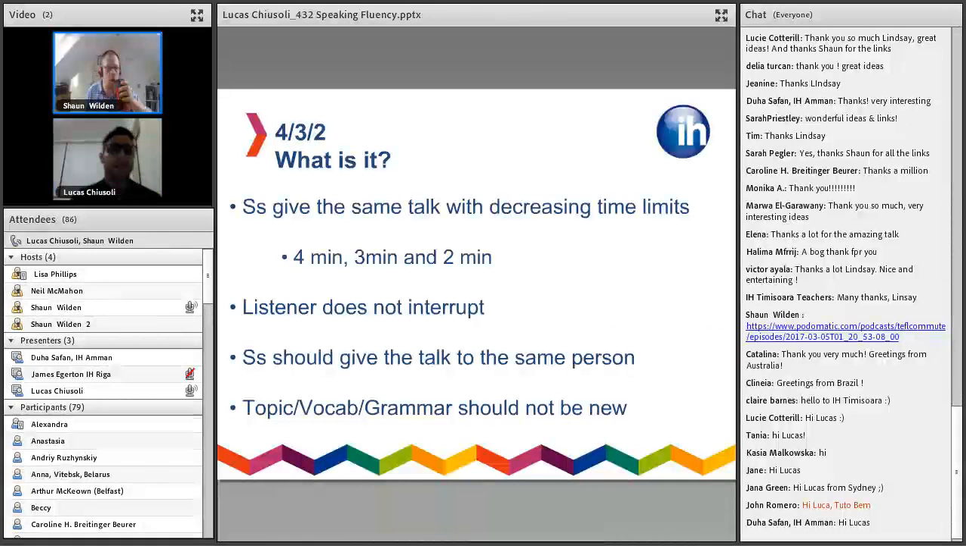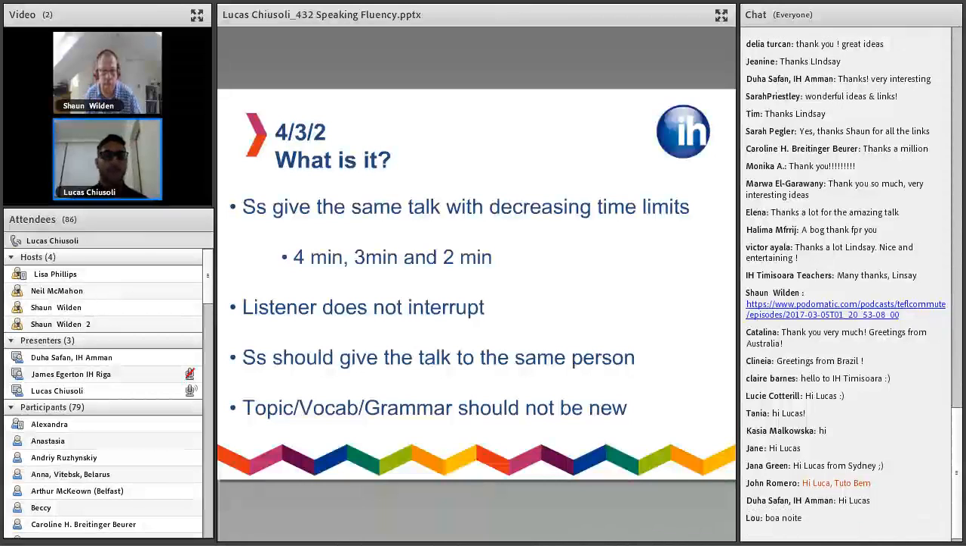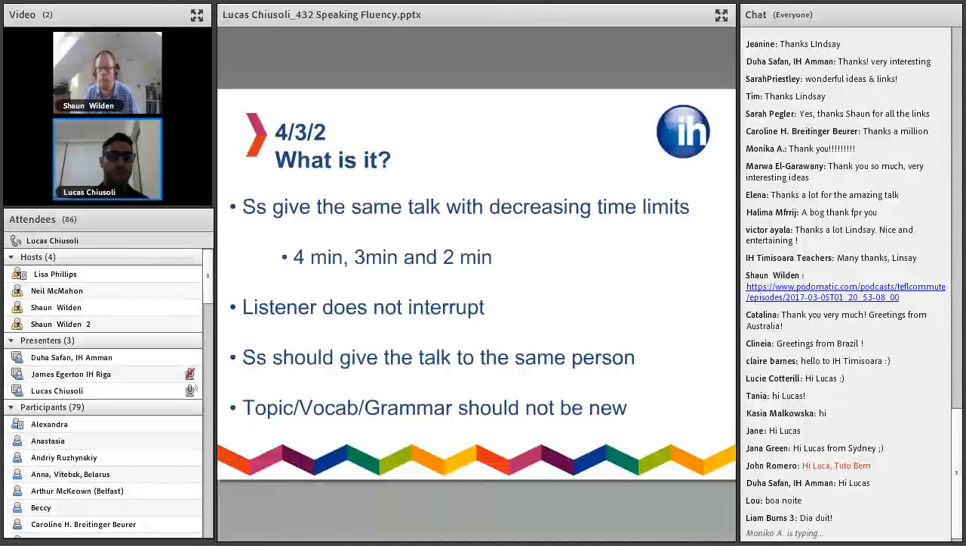So basically, students are given a topic, and then they talk about that same topic in decreasing time limit. They start with 4 minutes, then they do the same talk for 3 minutes, and then in 2 minutes. The original idea is that the listener just takes notes or just listens, but does not interrupt, and they talk to the same person. The focus is not on vocabulary or grammar, so the idea is that they will all be known to the students already, so nothing should be new there, and it should be a topic that the students are familiar or